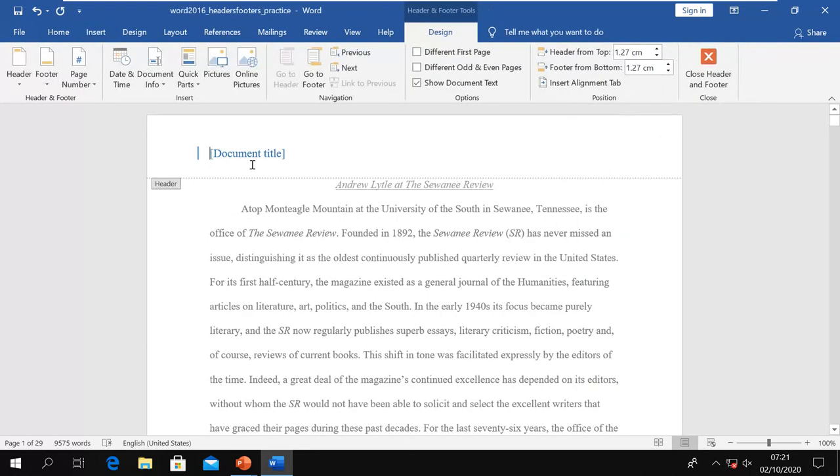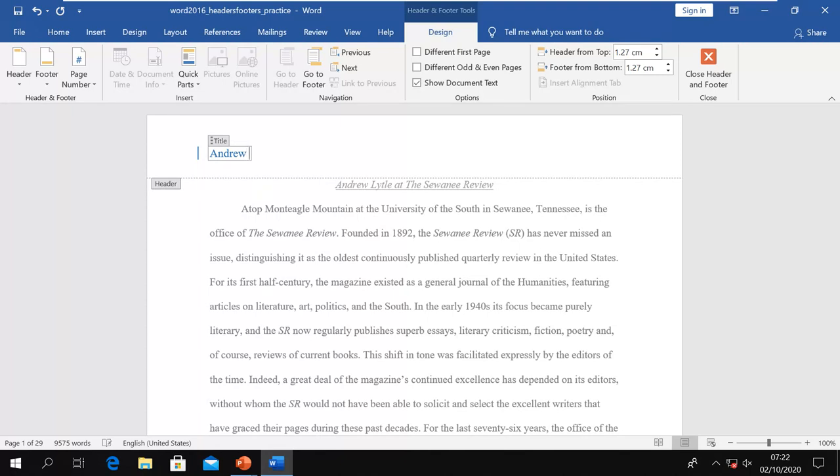Now you see, once I choose this one, the previous header which I had there was removed. Why? Because when we add a header here, it removes all the previous information. Now you have this placeholder where you can add your information, like the document title. So if I want to add it, I click inside this, remove the existing default text, and then add what I want.